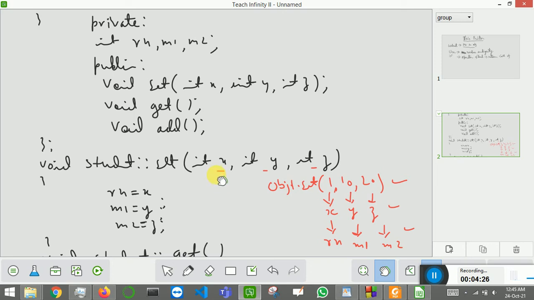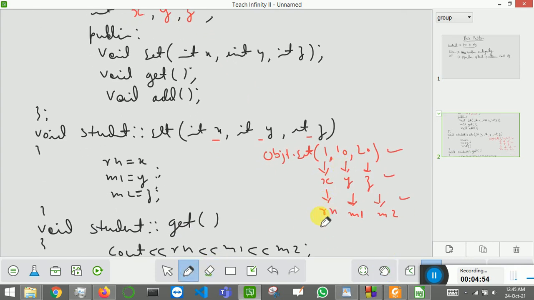Now let me show you the use of the this pointer. Suppose I am removing these variables and I am writing them as marks 1, xyz. I can use any variable name here, there is no limitation, there is no restriction. So I am writing xyz, I have changed the names of the variables. Now here what will happen? Here also you will have to change, right? Now I am changing the names of variables here. Now here also you will have to change. I will change x, y, z. Now there is an ambiguity. Ambiguity means confusion.